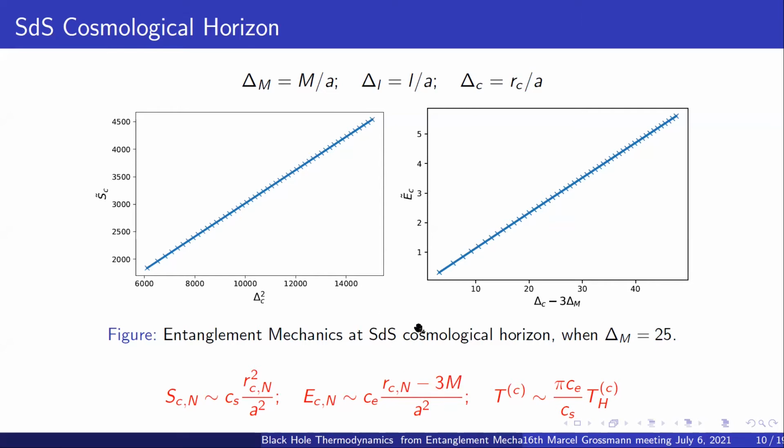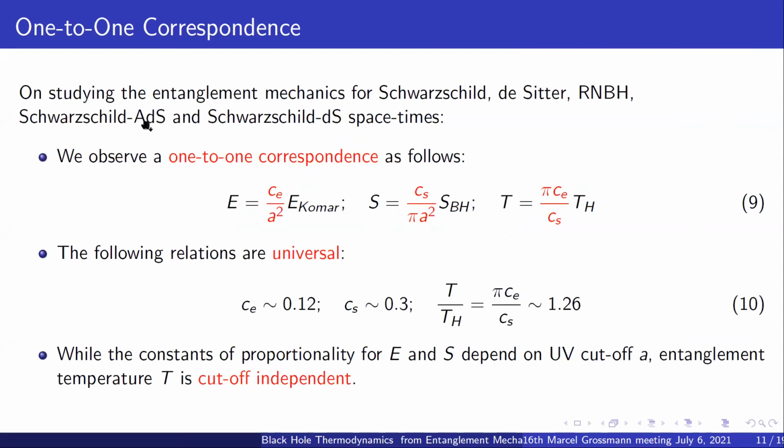So, given the results that we obtained for the three cases that I've presented here, and additionally for a couple of other spacetimes that I've considered, which are in the paper but I have not added in the talk. Basically, this includes Schwarzschild, static de Sitter patch, Reissner-Nordström, both the Cauchy horizon and the event horizon, a Schwarzschild black hole in an anti-de Sitter spacetime, and a Schwarzschild black hole in a de Sitter spacetime, both event and cosmological horizons.